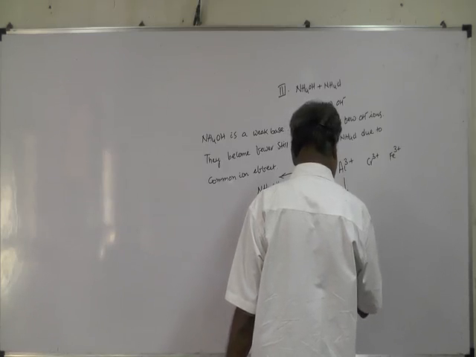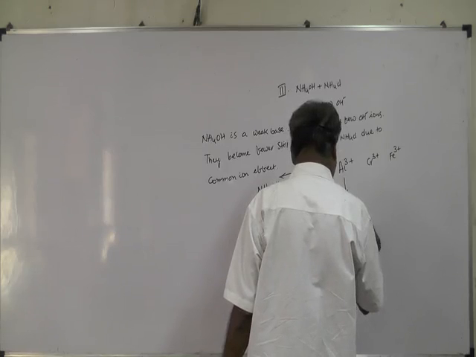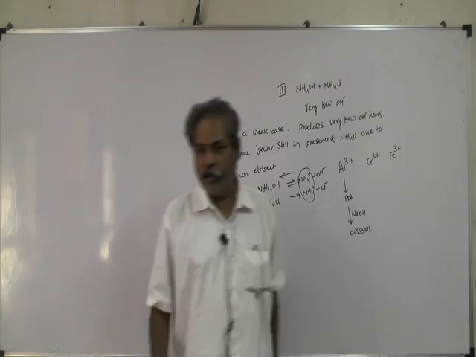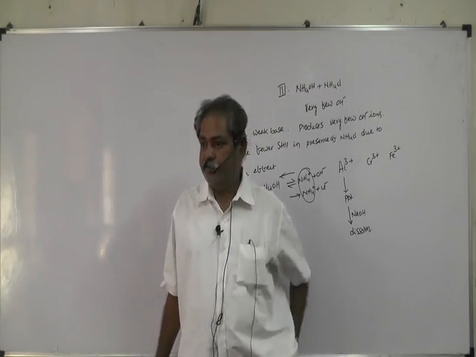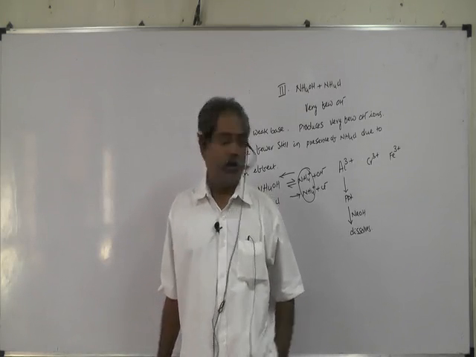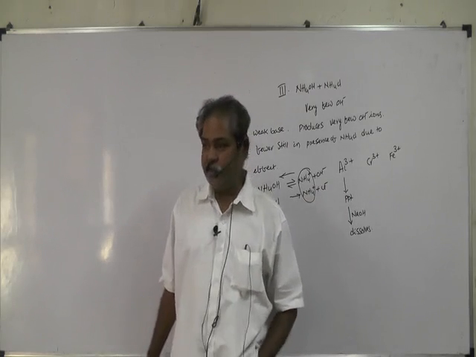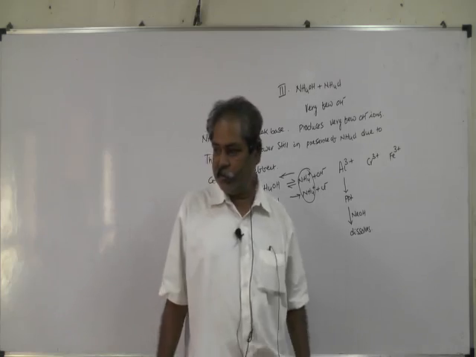However, a base reacting with a base, very funny. What is that nature called? Amphoteric nature. It's not exactly a base. Aluminum hydroxide is both acidic and basic, so it can react with both acids and bases.